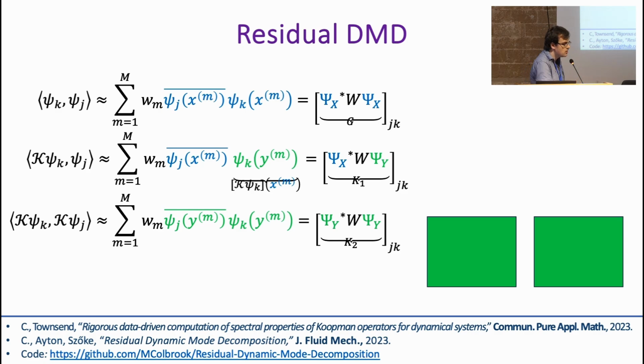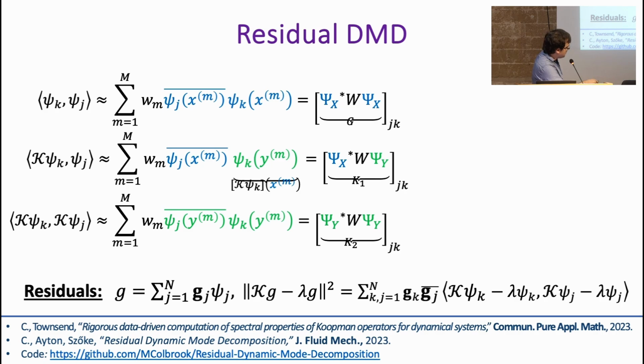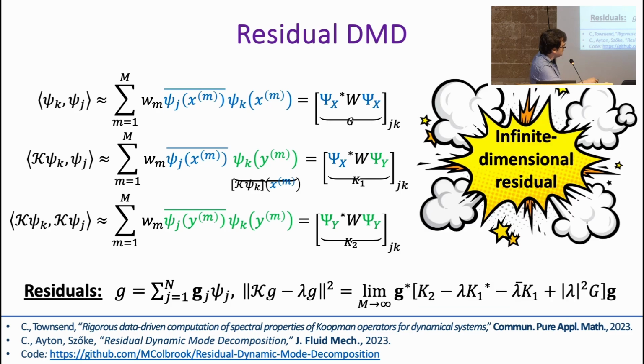Okay, so I'm not using any more assumptions on my data acquisition. Why on earth would I consider such a thing? Well, I can start to compute residuals, or in other words, bound projection errors. So for example, if g is expanded in my basis functions like this, and we think it's close to being an eigenfunction, or it's an approximate eigenfunction of K with parameter lambda, I can re-express this squared residual in terms of this inner product here. Okay, so far so good. Now I can expand in terms of my basis functions. And it turns out that I can represent this exactly in the large data limit using these three matrices.